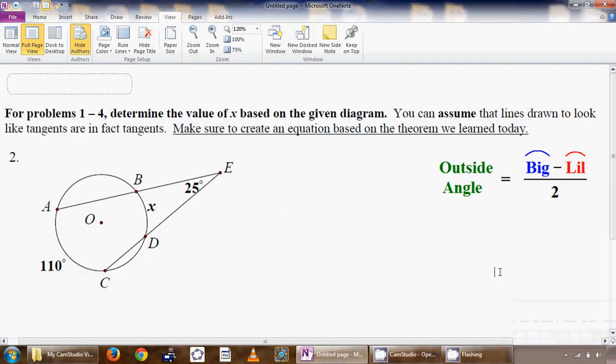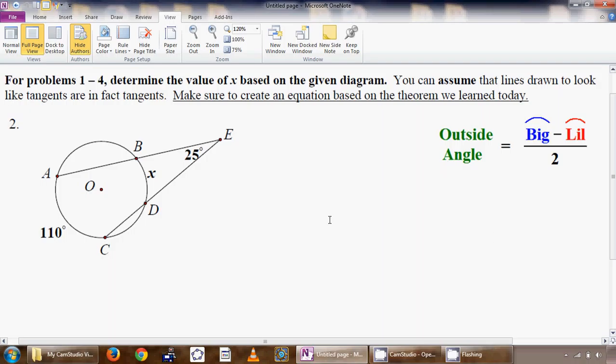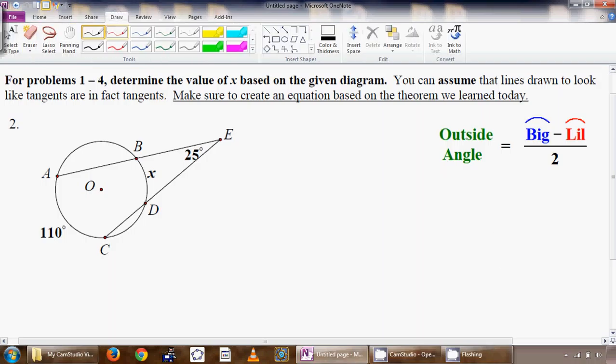Problem two. Similar to number one, we have a circle. We have two secants, right? Two segments that go through the circle, and they're meeting outside to form an angle. All right, and we know based on that theorem, based on our lesson today, that outside angle, all right, this